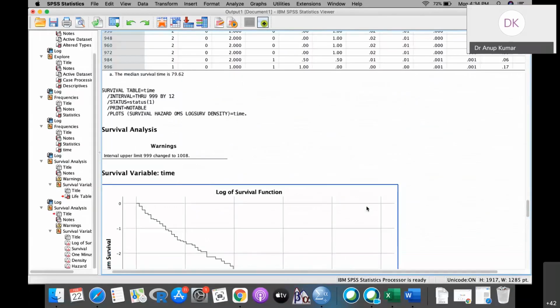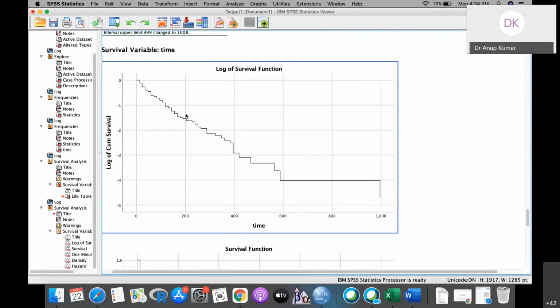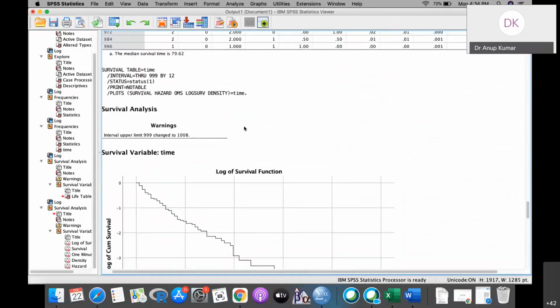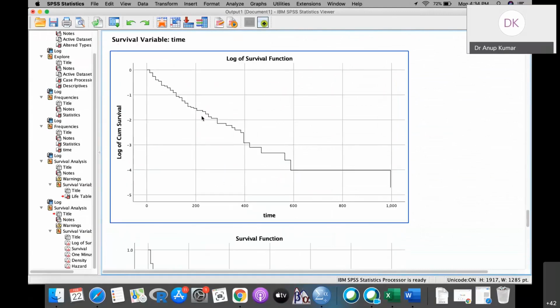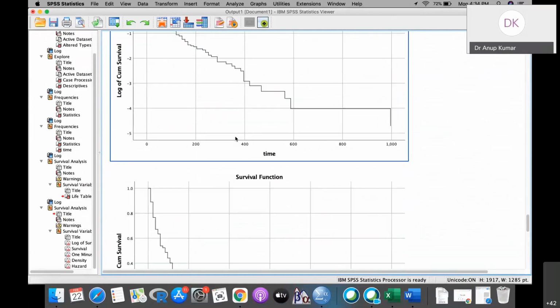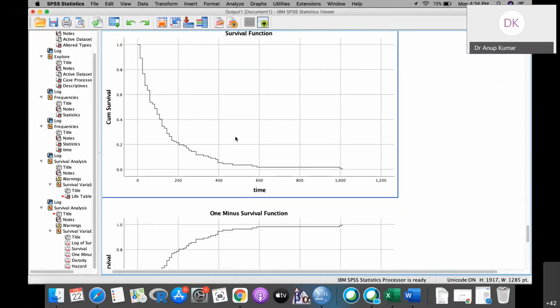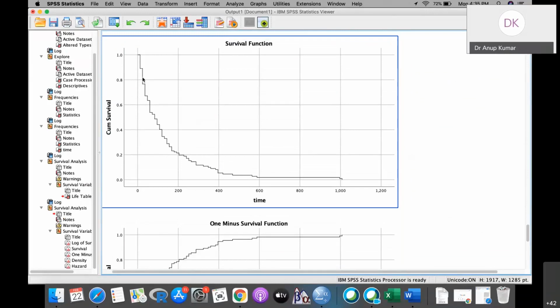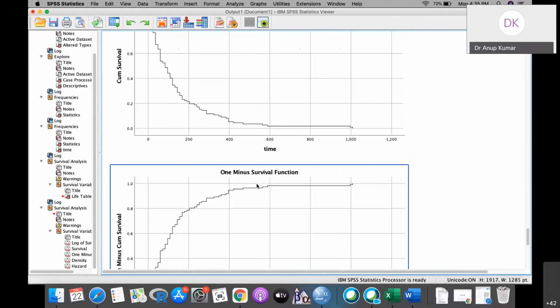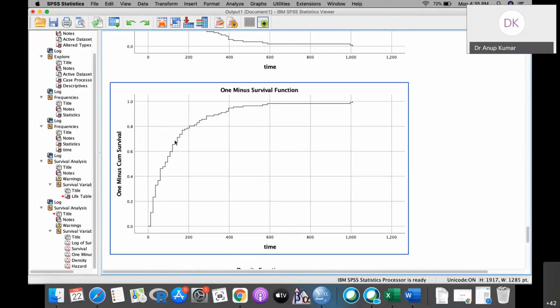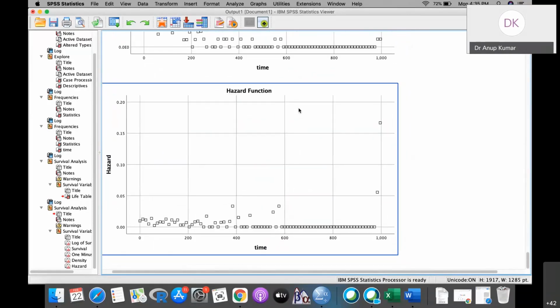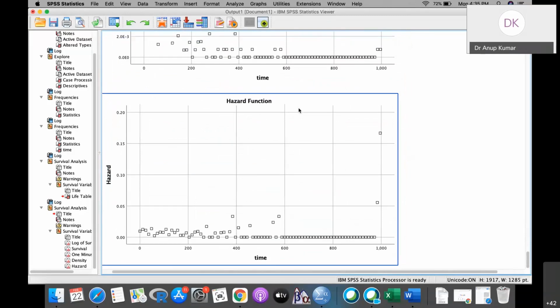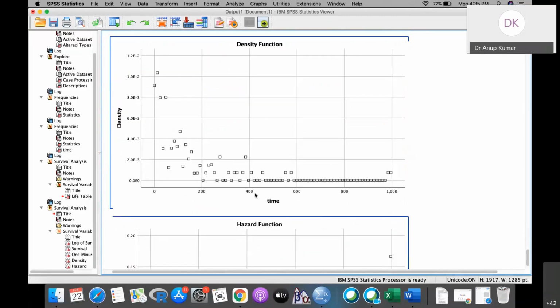So you can see how the interval upper limit 999 is changed to 1008. Then you can see the log of survival function. This is the survival function plot that looks like this. This is the 1 minus survival function plot, and the density function and hazard function. Okay.